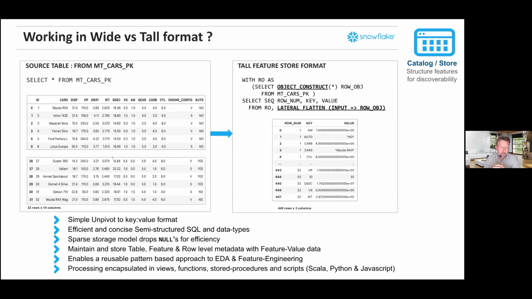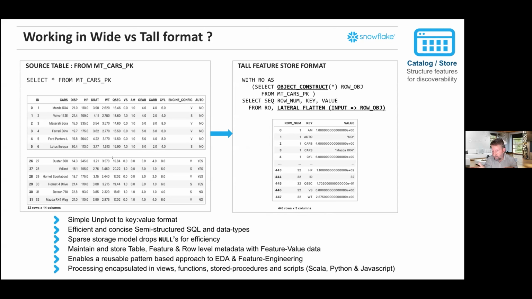So we look at how people typically operate over features. If they're dealing with very wide data sets, maybe they'll transpose those, unpivot those into tall format, and quite often we see customers store the data in this tall format. So here I've got the mtcars hello world data set for data science.